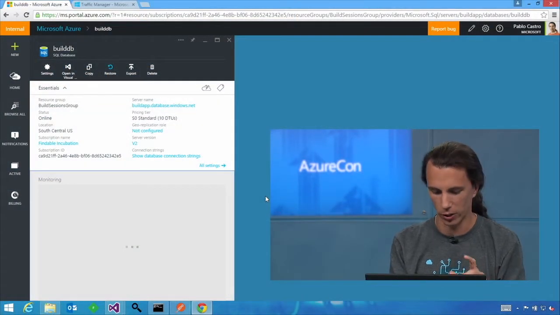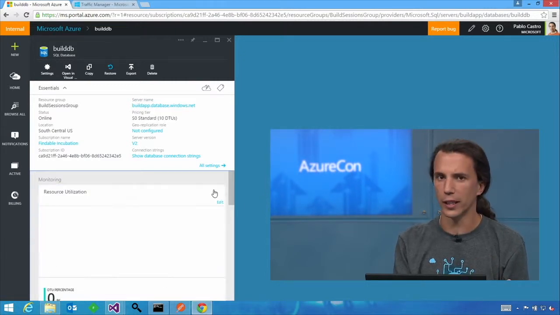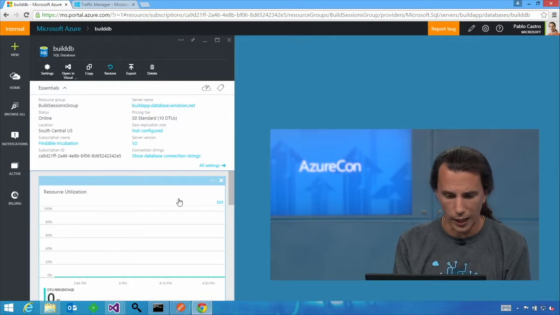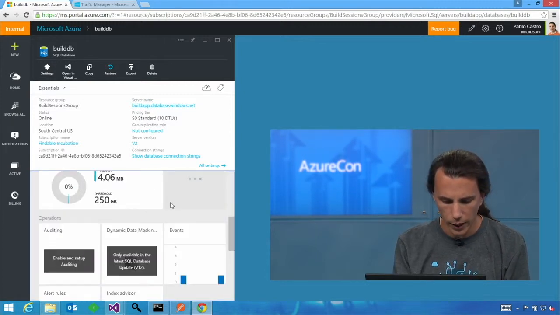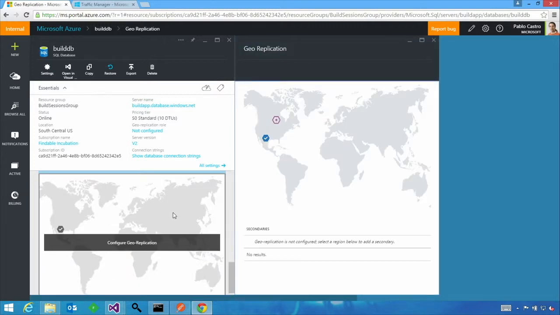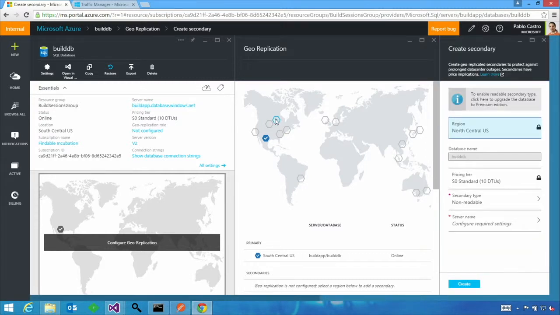I'm going to start with the one where you have replicas of your underlying store. And for that, I'll just show you what it looks like. We're not going to go all the way on this one. In this case, I have a SQL database. SQL has support for replication out of the box. So what you can do is, when you have a SQL instance, you can go to the geo replication area, and you can literally, just in the map, click in the places where you want one or more replicas to